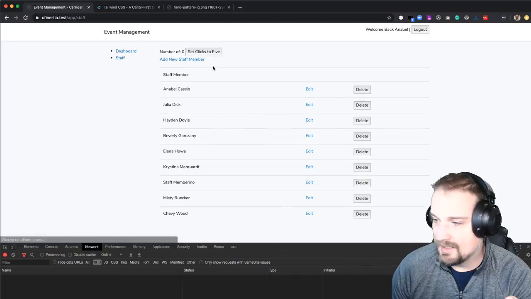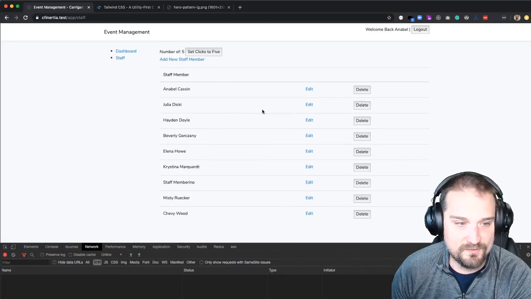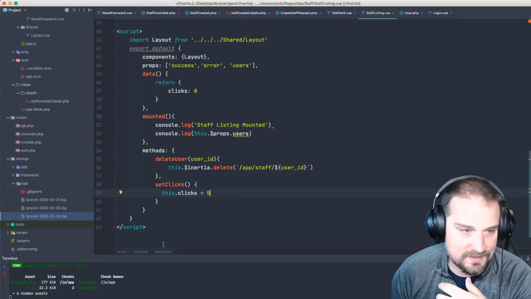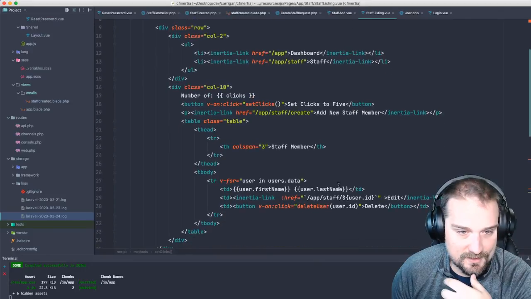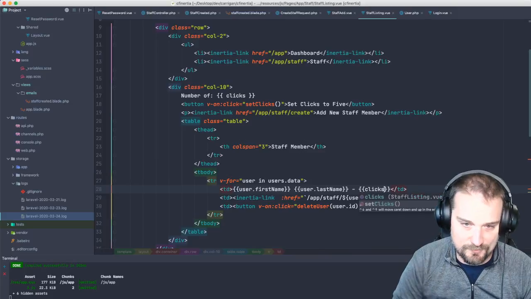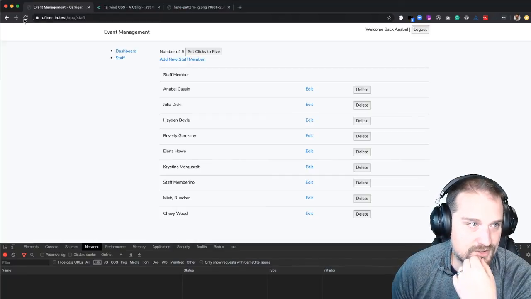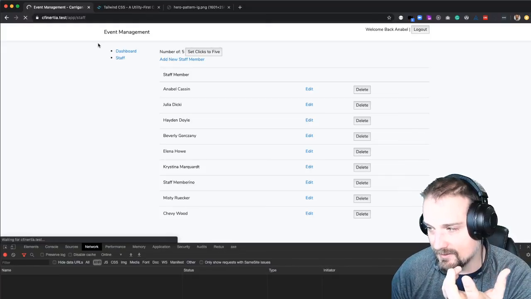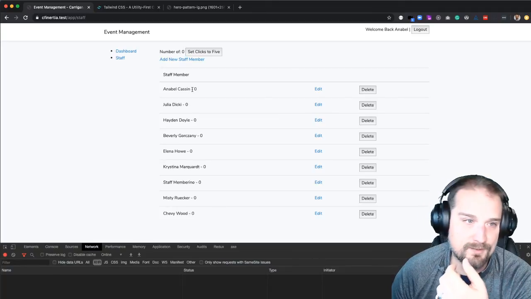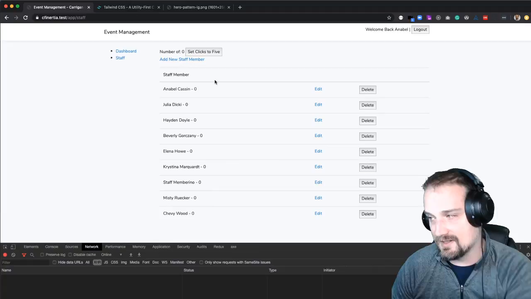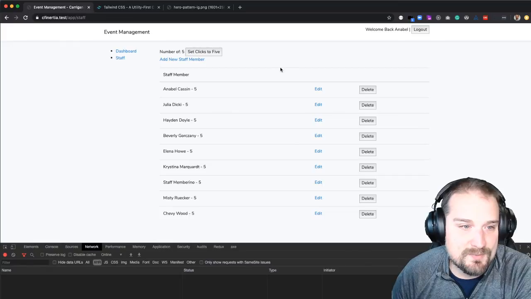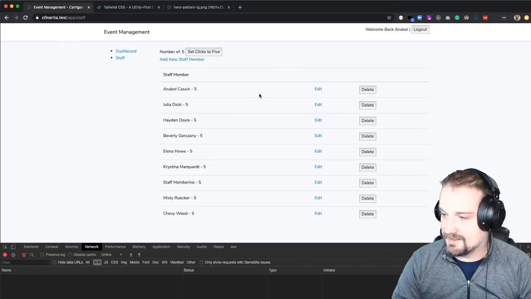All right, so Duder, if I hit set clicks to 5, you see clicks change to 5. And you're probably looking at me and thinking, big deal, right? Well, what if we were using clicks in multiple places? What if I had clicks there, and then what if I had clicks on every row? With jQuery, that would kind of be a pain in the butt to update, because I would have to target that element and set its text value. I would have to target this table and say every time you see this span with a class of this or whatever, set its value to clicks, right? But if I just click this button, you see it updates everywhere, right? And so that's the concept of those,